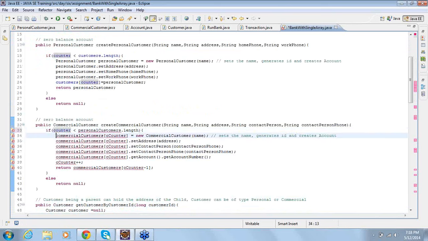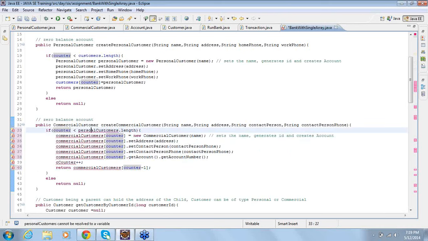There is only one counter. Then here we go, customers.length. You create a commercial customer object.